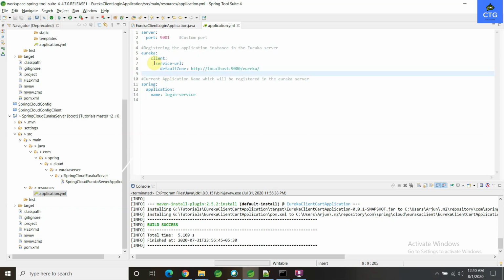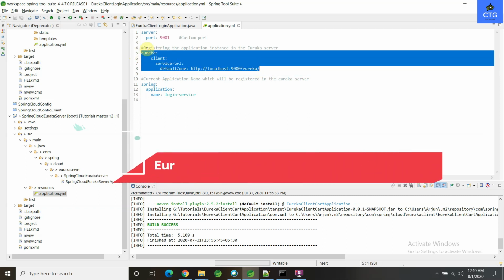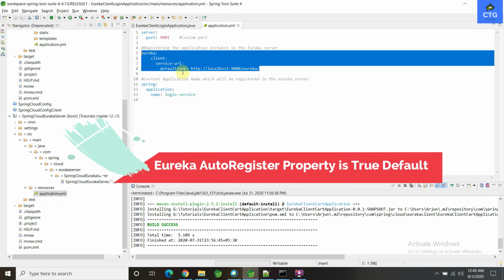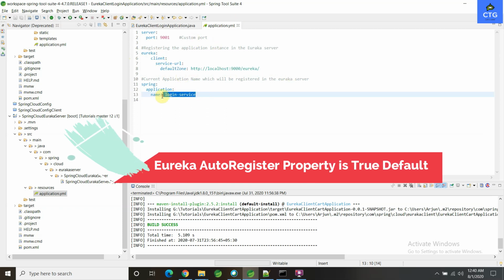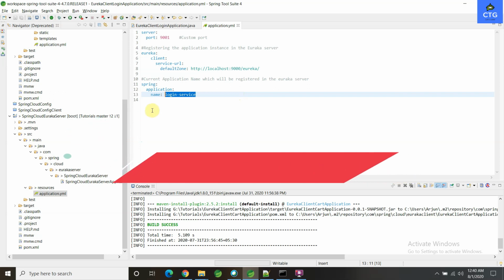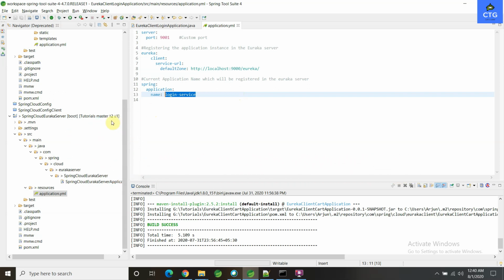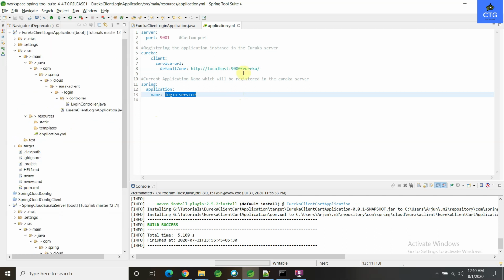So based on this property file, this instance will register in the Eureka server with this application name, which we will see in the real-time example in Chrome when we start the Eureka server. Let me show that later. So this is all about the Eureka client application.